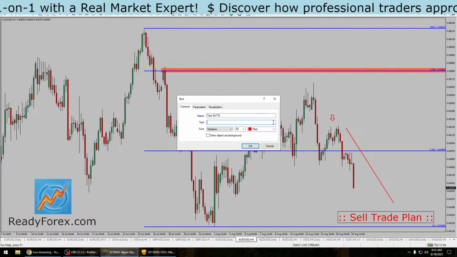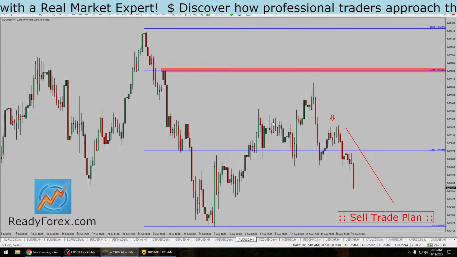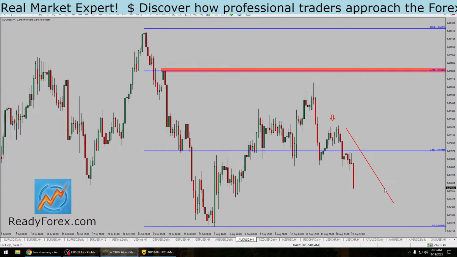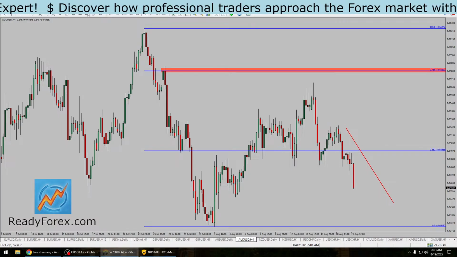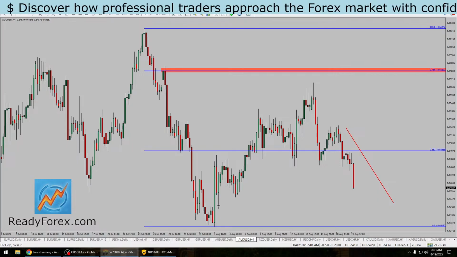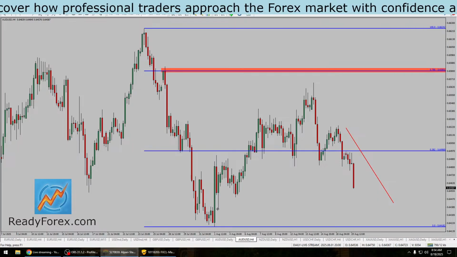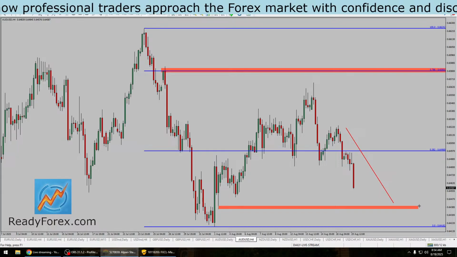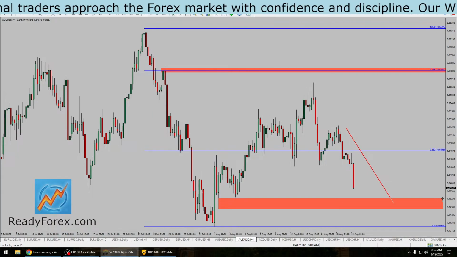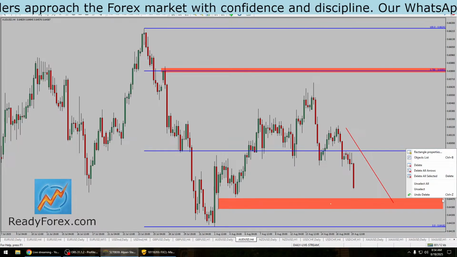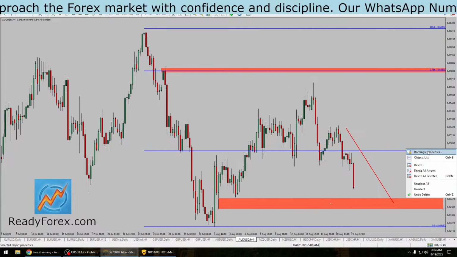Currently, no trade plan. Wait for the market to drop a little bit more. This is the support. Let me guide. This is the area which is probably going to provide some support in the 4-hour chart of the AUDUSD currency pair,